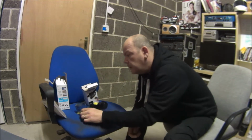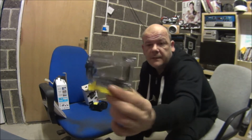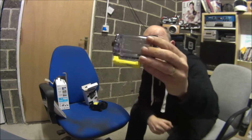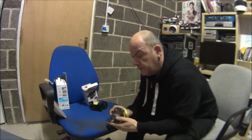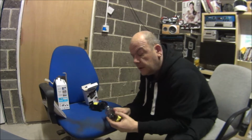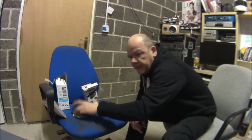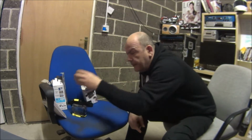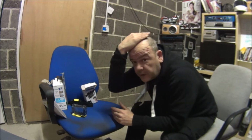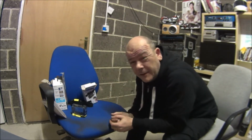Really, it comes with the waterproof case. Said this in the last video. There's the waterproof case. It just pops straight in there. Clips in. Good. Great stuff. It's got just the button on the back and a hold button to stop you pressing the button, so you can lock it off so you don't switch it on by accident. That's what it came with, with some flat plate mounts that you could possibly put on the top of your crash helmet. I've got a vent on the top of my lid, so I couldn't put it up there anyway,